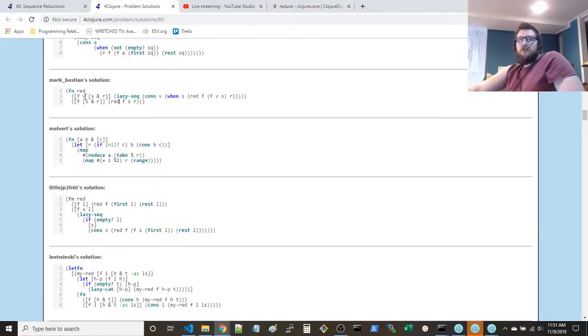Here, if you provided a value, then you would say lazy sequence cons v, the value provided, and then you're going to call reduce with a bunch of arguments, one of which is apply f using v and s. V and s are the arguments, and r is the rest of this collection.